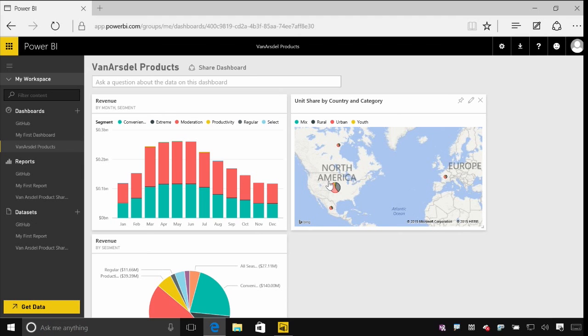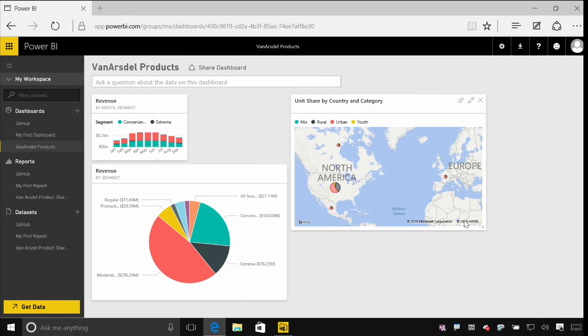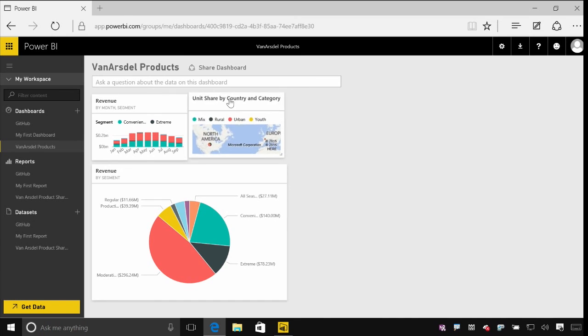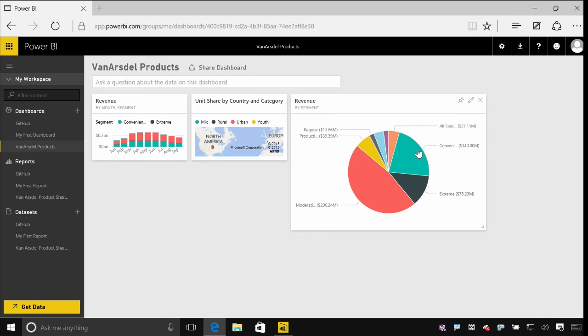If I want to make changes to this dashboard, I can do things like resizing or moving these tiles, as we call them, around to personalize this dashboard to make it look exactly how I want. And again, this is really important if you've got things coming from different data sources. Maybe you want to align them so that they're all grouped together to easily be able to see how that data relates to each other and to the different data sources.